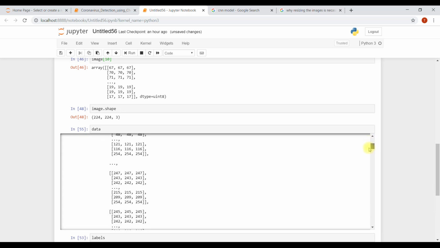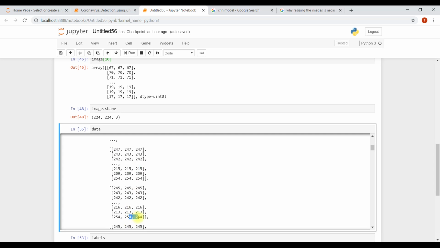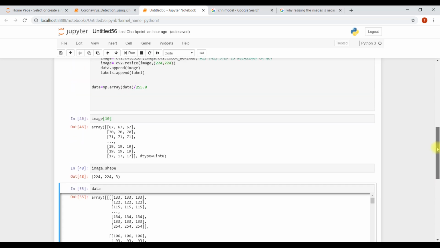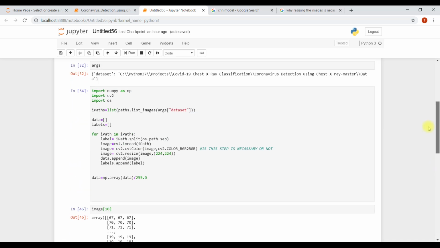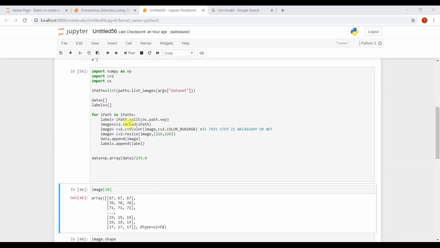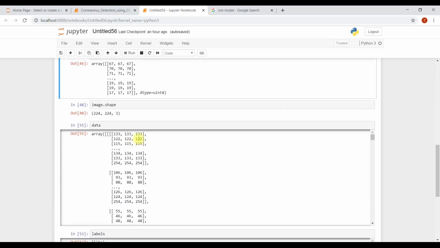Here the maximum value is 247, but the maximum possible value is 255 for any image. So we are dividing every pixel by 255.